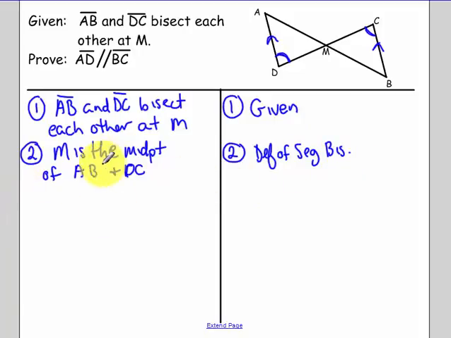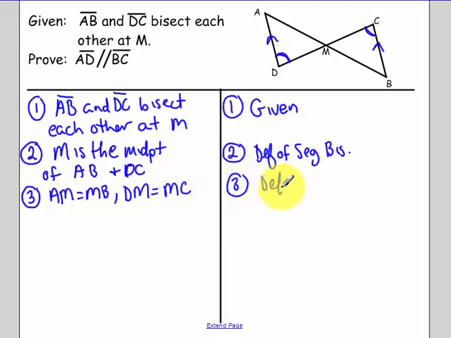And a lot of students get this step wrong in the proof. They forget that M is the midpoint. When you talk about a bisector, first you have to state then it's the midpoint. Then you can say the step that all you guys want to say, that AM is equal to MB and DM is equal to MC